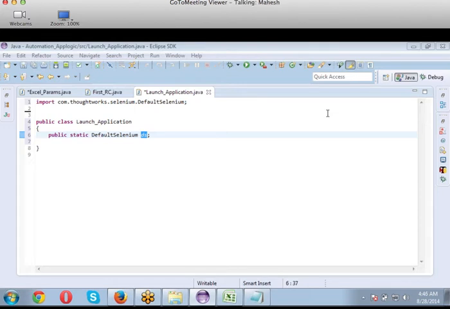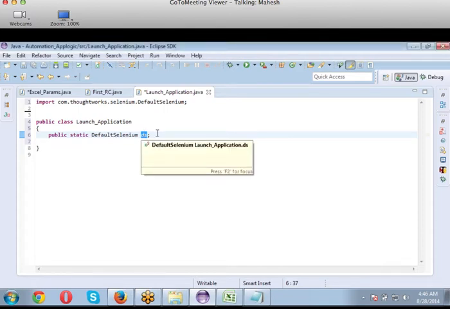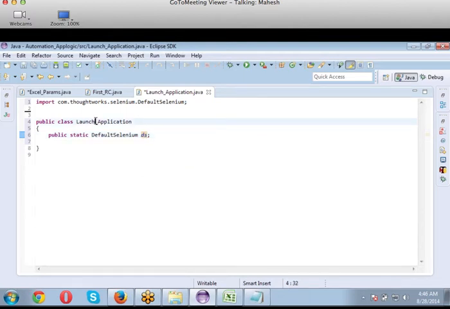The reason we are making default Selenium or its variable global is that I don't want to create the default Selenium class again. Once created, use it a number of times. In every Java file, when we are supposed to instantiate a class, we need a variable. That is the reason I'm creating a variable for that, so that I don't have to create a variable again. The only thing I have to do is call this class called launch application for opening your browser and URL and then start using it. Simply. Okay. Now, let's create our own function inside this class.